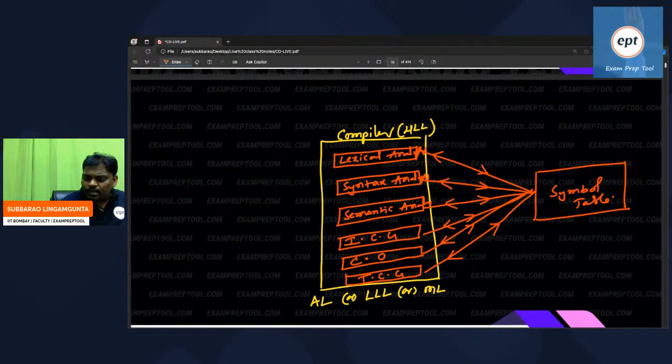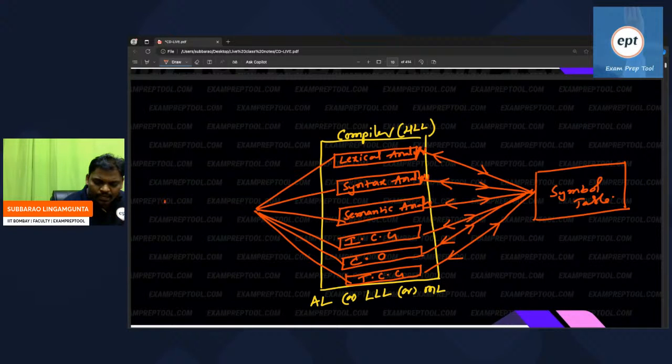Some people are asking, sir, whenever these 6 people are going on, if some problem comes anywhere, what should I do? Suppose this big program is running, there may be a chance that some problems will come. How to handle that? That is called the error handler. You can inform this person, and he will take the corresponding action: error handler.